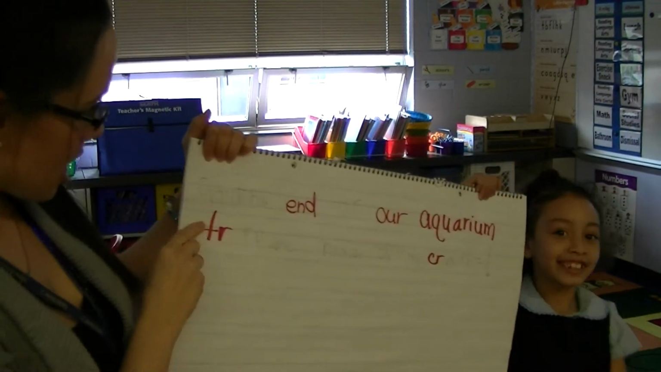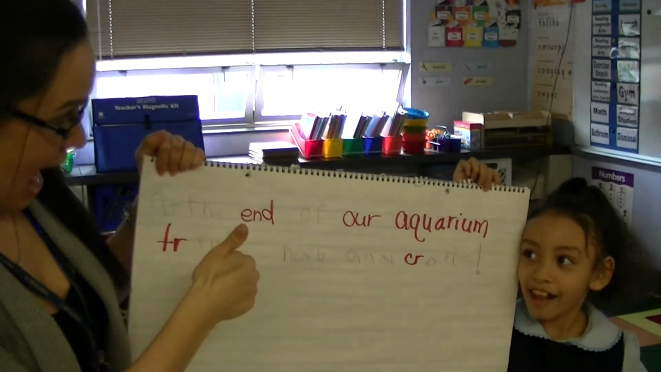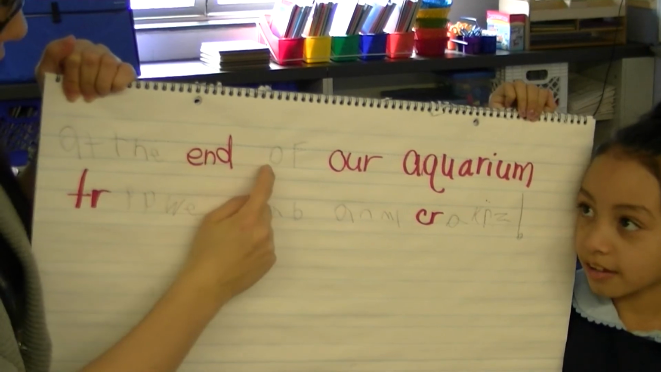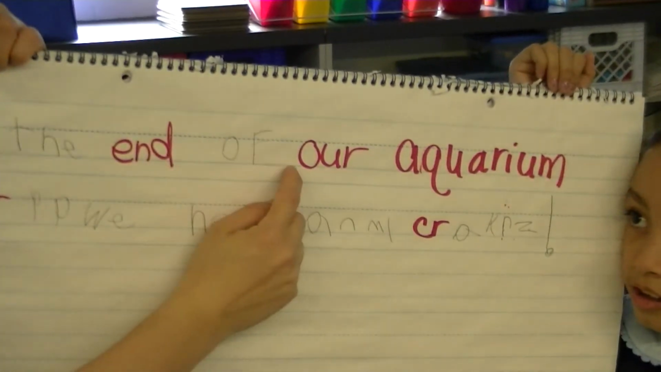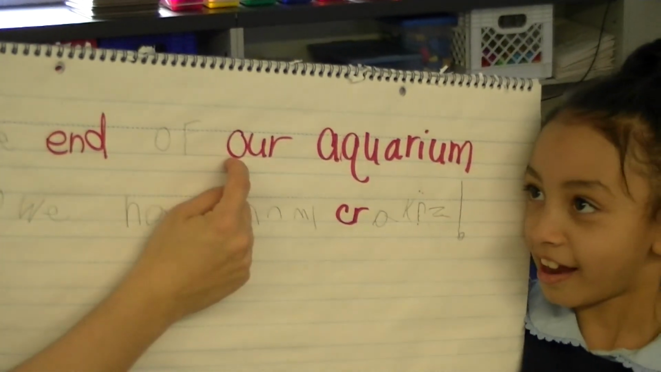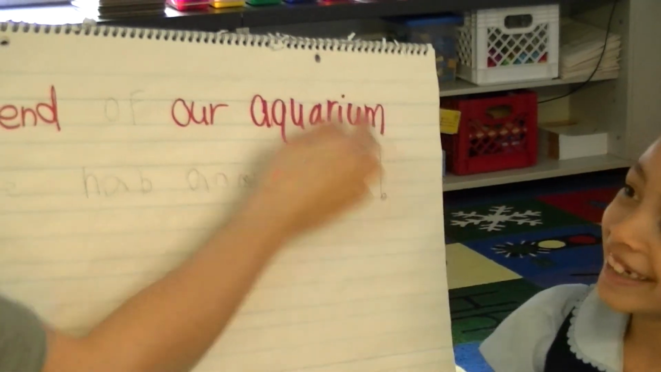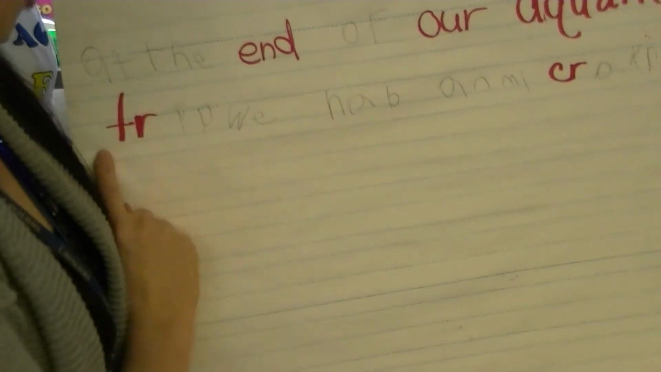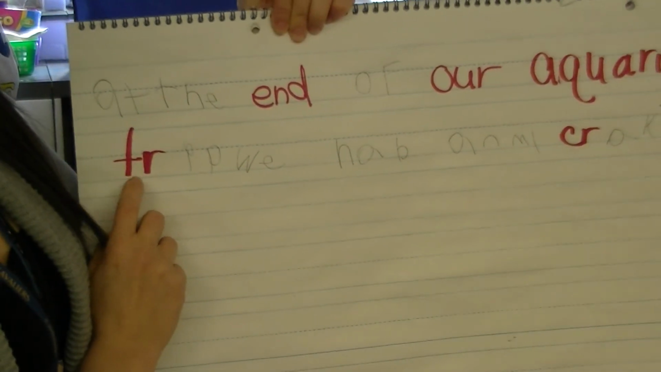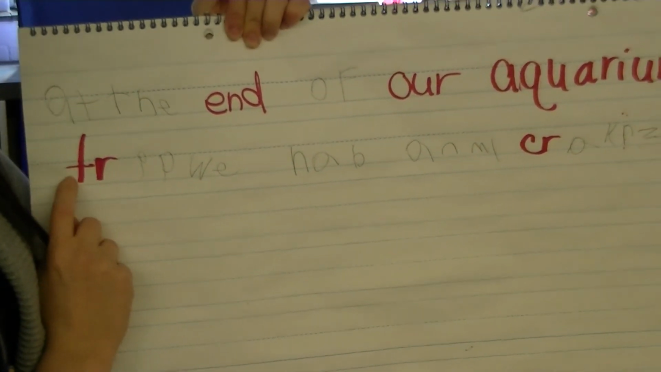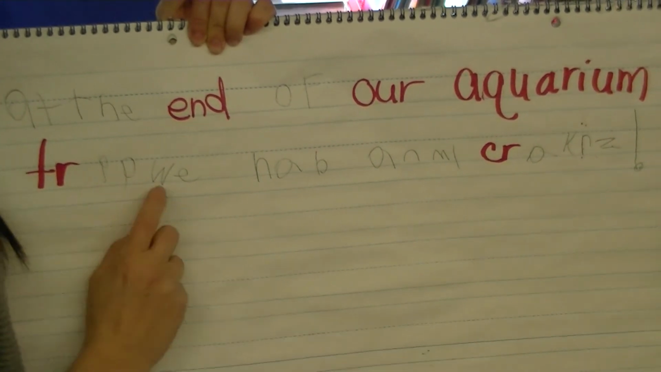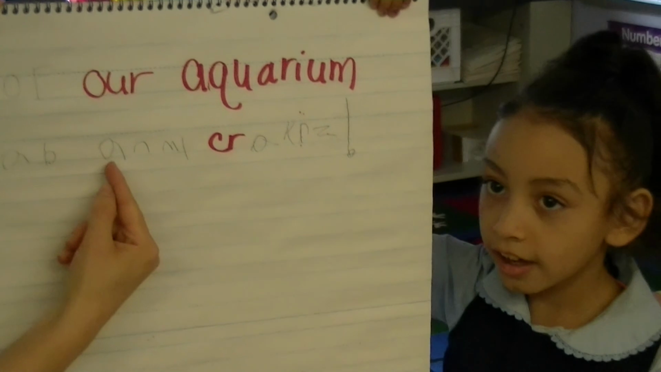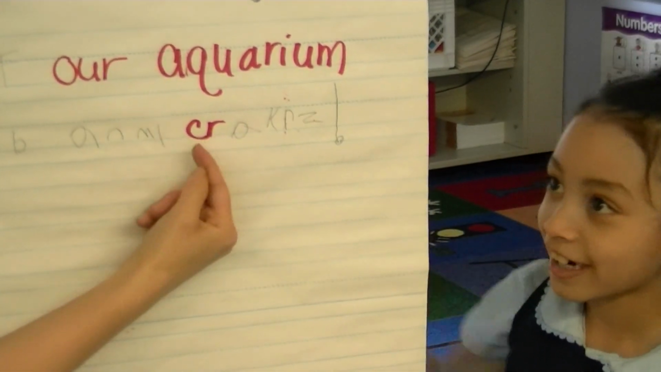So as you can see, Melissa, A-T, good girl, the, T-H-E. At the end, I helped with end. We looked at our card for of, right? Miss Drew did our, O-U-R, aquarium's a long one. I let you off the hook on that word. At the end of our aquarium trip, we didn't get the TR blends yet. She did T-R-I-P trip. We had animal crackers, and you did animal A-N-M-L, and then crackers. I helped you with